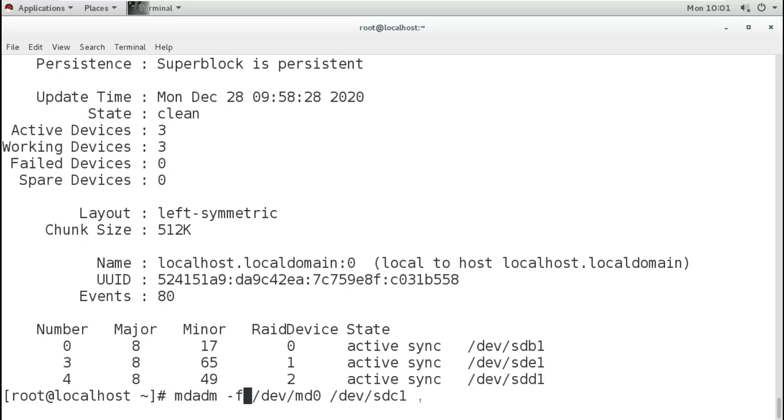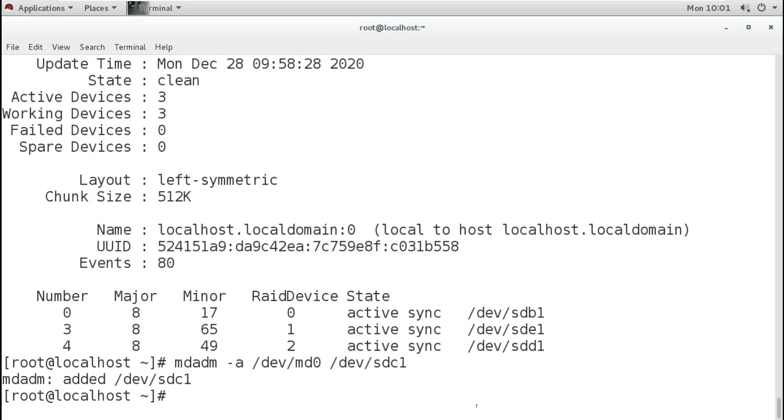But because this sdc1 is okay and I removed it just for test purposes, I will add the same disk. For adding it, we just change the option f to a, and it says it is adding the disk into our RAID.